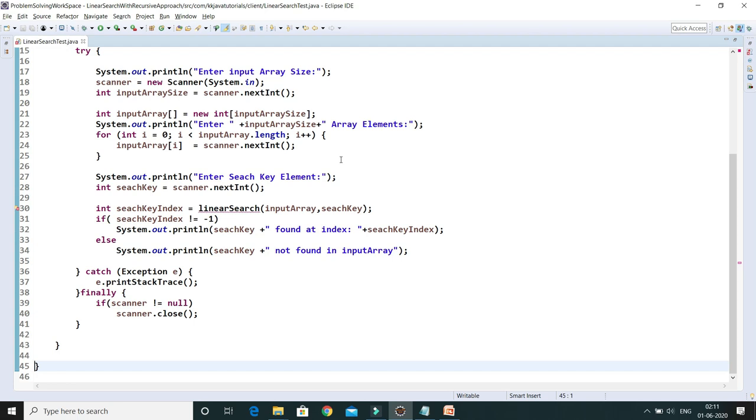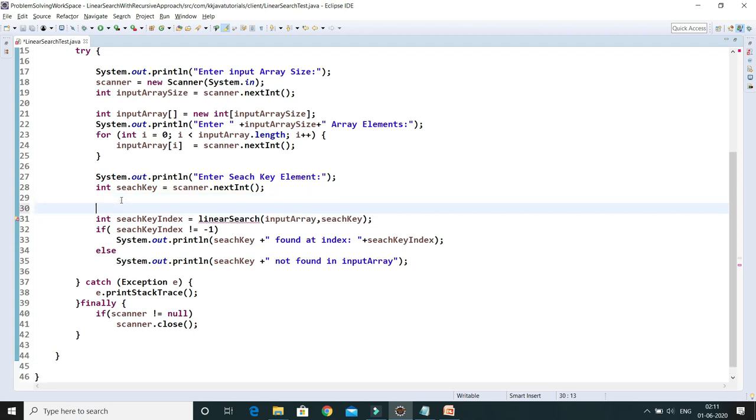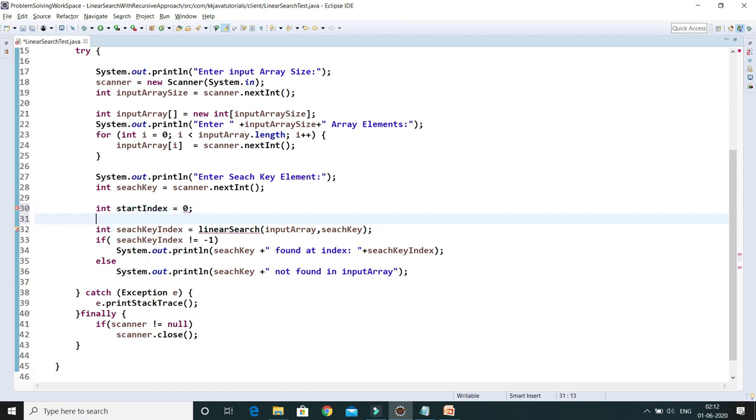When we talk about how to write the same program using a recursive approach, first of all we have the array, which will be as it is, right? Second thing, we are going to pass a starting index of my search, basically for the input array. So here I'm going to create a start index and initialize it with 0, right? 0 would be the starting index of the input array. Now second thing, I'm going to pass the last index.